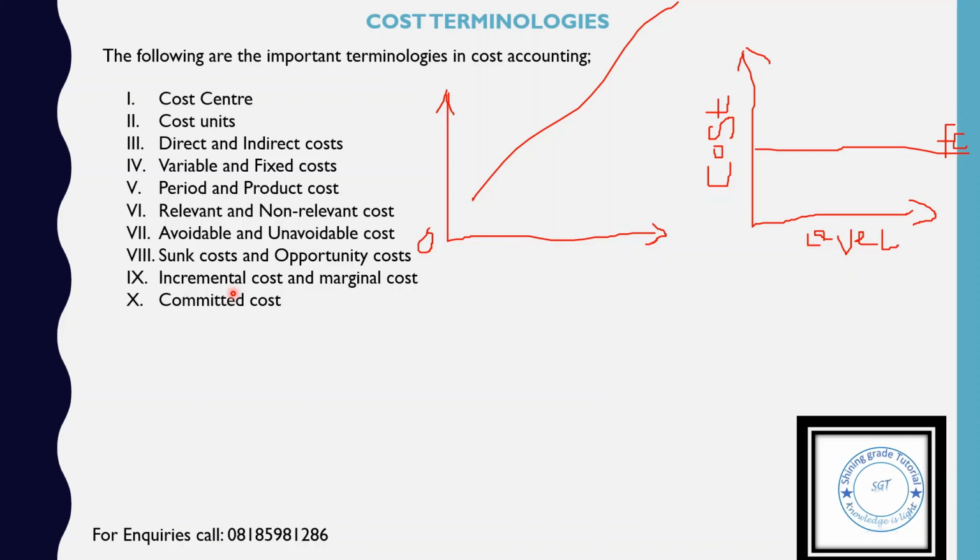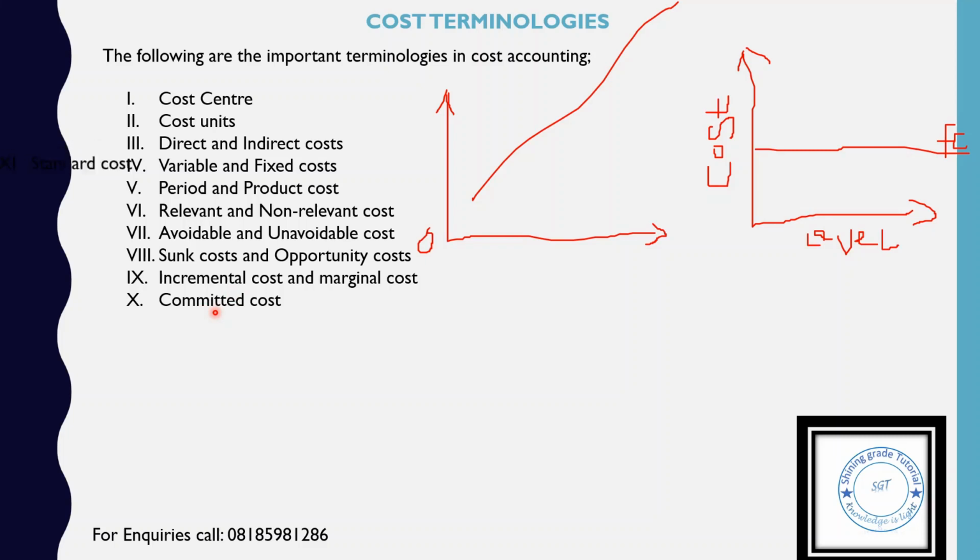So these are costs that are expected to be incurred and for which resources have already been embarked on or allocated as a result of a contractual agreement, a legal agreement between different parties. The management must recognize that in that regard they become committed to it, and they have to one way or the other carry out such cost. So committed costs are not relevant to a particular decision of management, since the management is already committed to them.